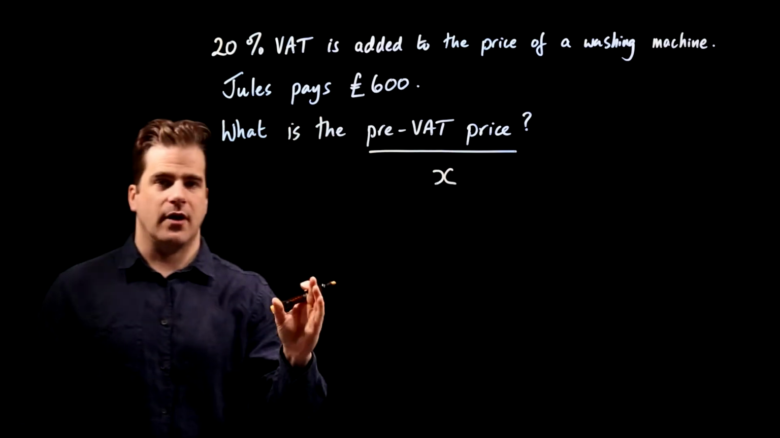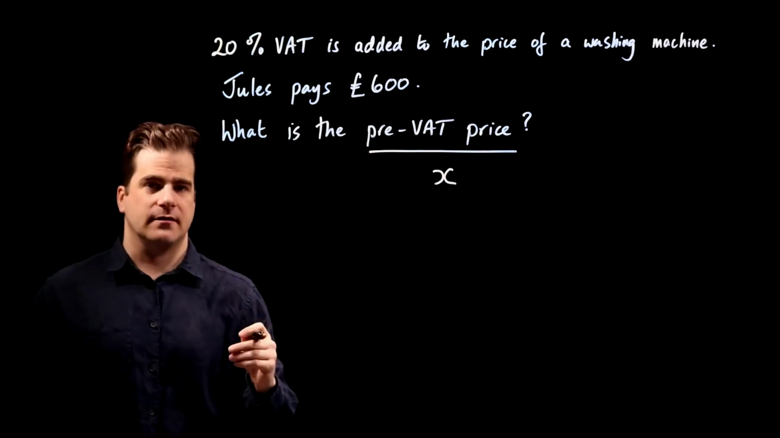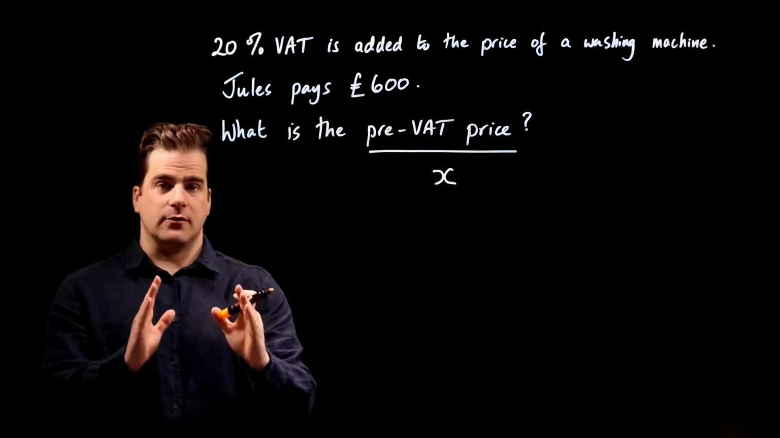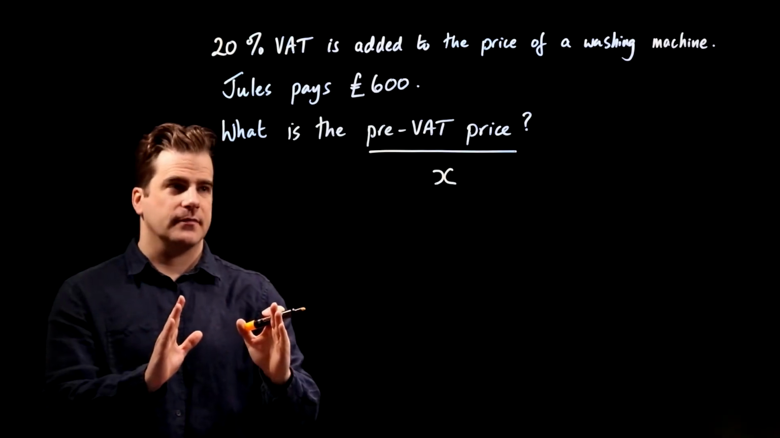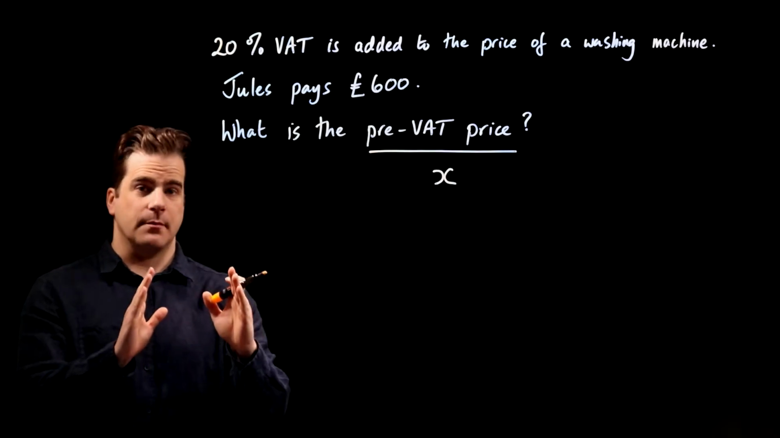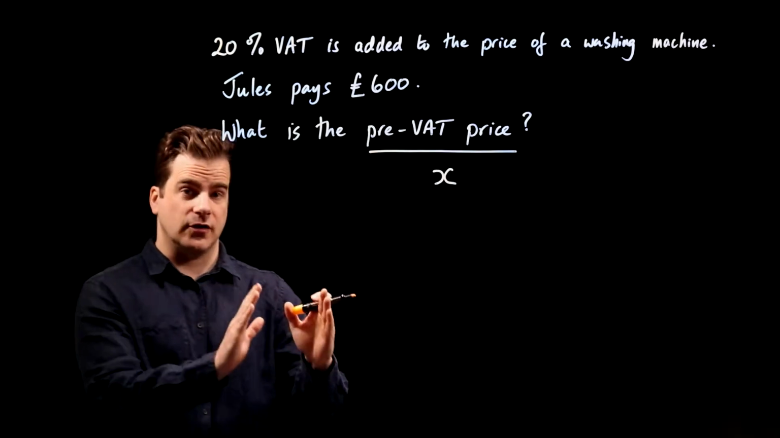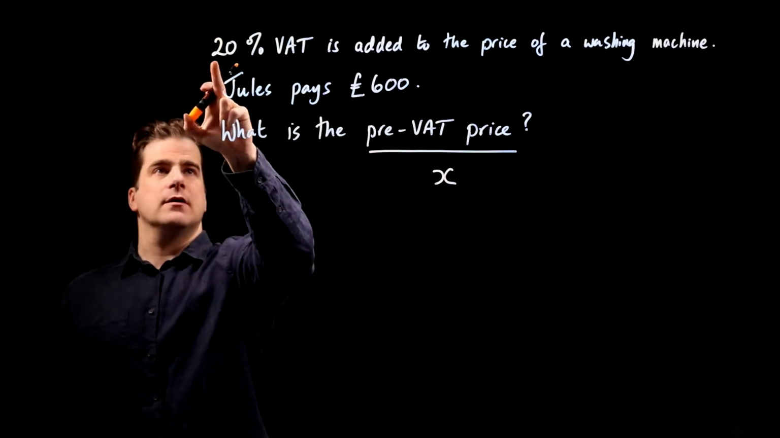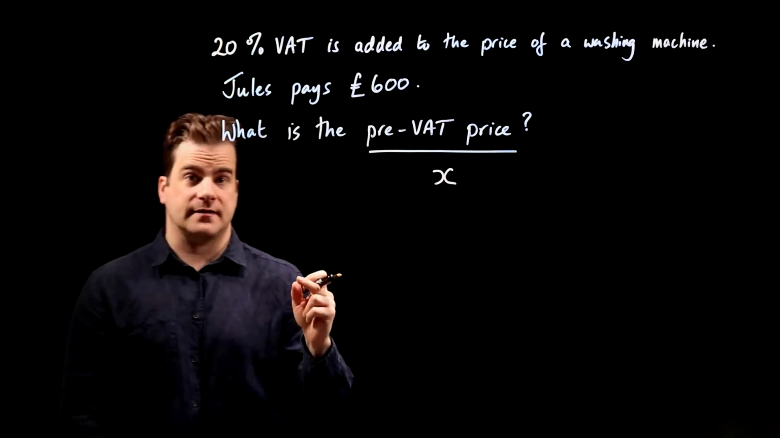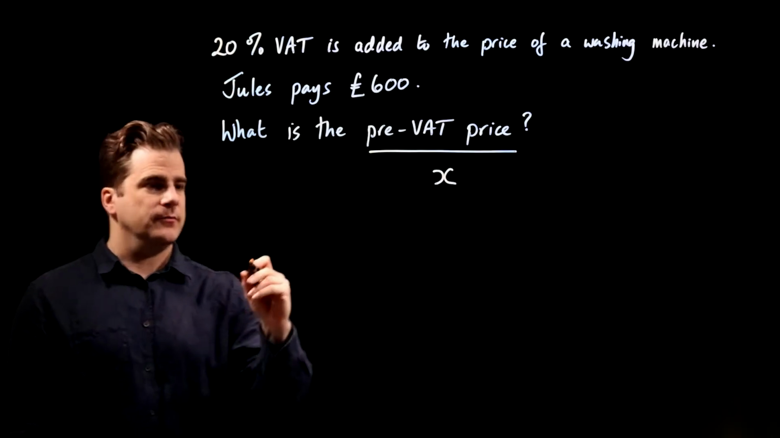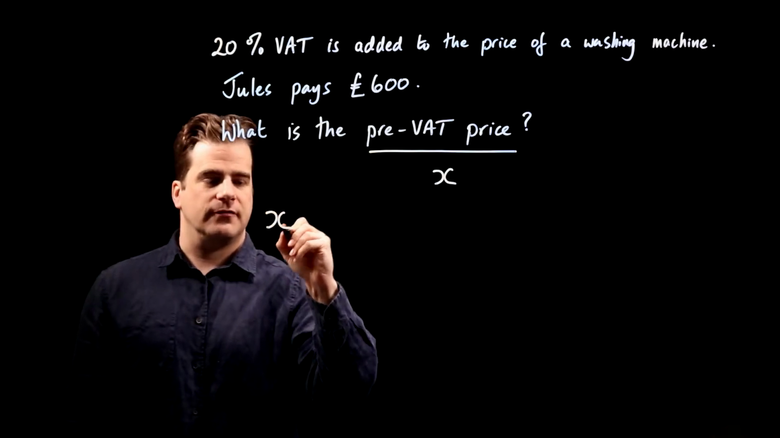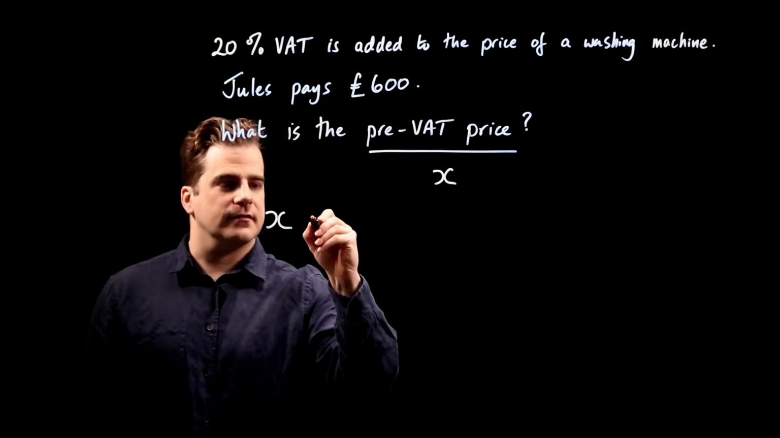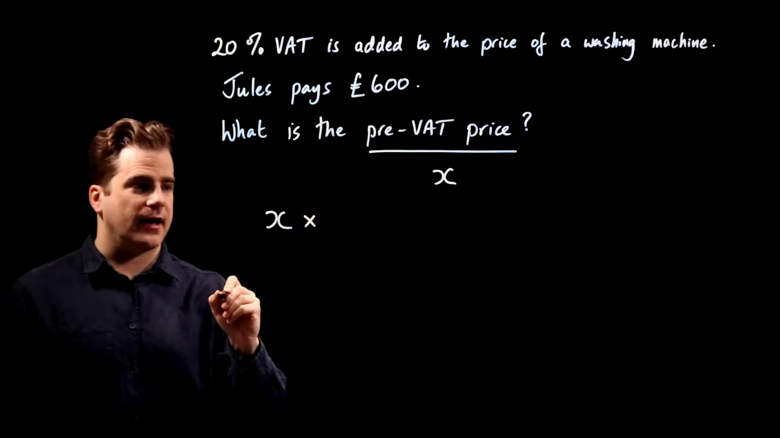Now, x, the pre-VAT price, is being increased by 20%. Right, how do we do that in maths? To increase the value of something by 20%, that's the same as multiplying that value by 1.20. Okay? So what we're doing is going from a percentage figure into a decimal. So we've got our pre-VAT price. To increase that by 20%, that's the same as multiplying x by